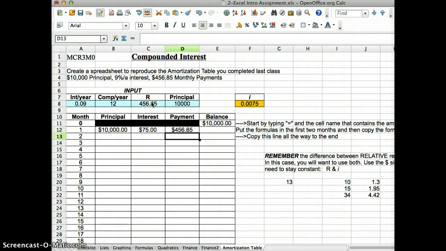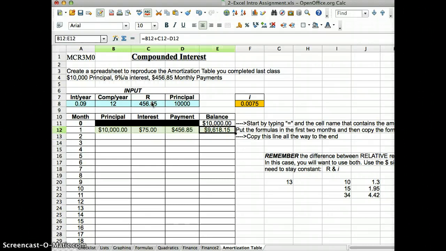So therefore, I'm going to put the $ sign on this one too, $ sign and $ sign, so that it will always call that cell C8. And then finally my balance, as we know, it's the principal plus the interest rate minus the payment equals,